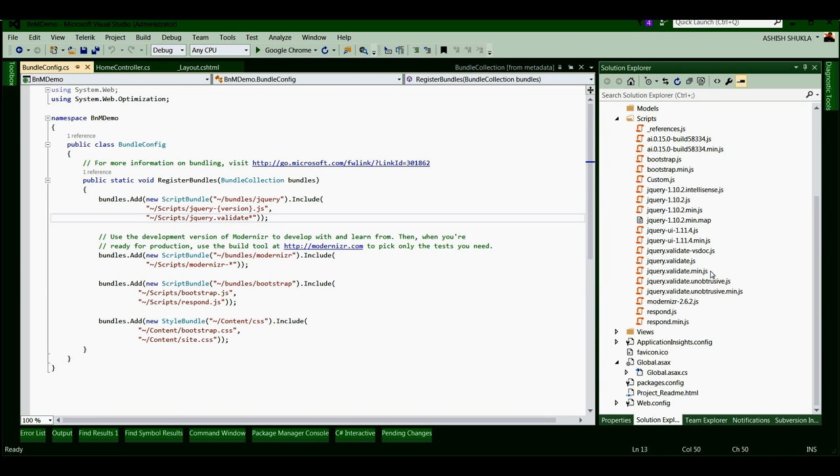ASP.NET MVC framework is also configured to ignore the files that are not intended to be included, such as jQuery intellisense.js, jQuery min.map.js and jQuery vsdoc.js, because these files are used by Visual Studio internally.